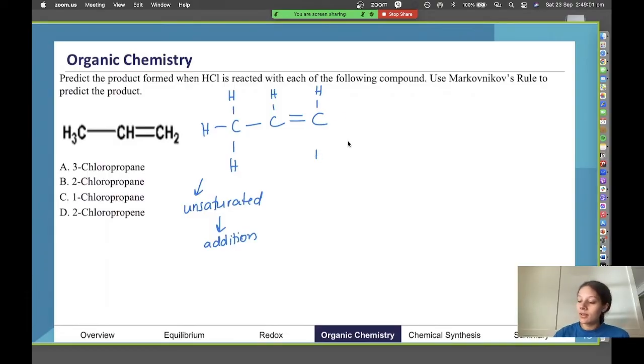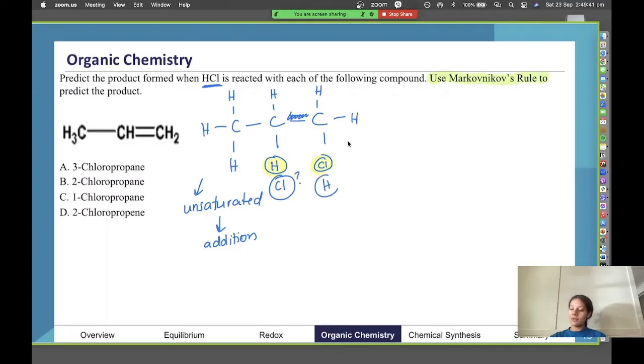So if I redraw that a bit nicer, you can see here, if we break this double bond and make it a single bond, then we can add 2 more things here. If we're adding HCl, that means we can add hydrogen and we can also add chlorine. Now that's what we would get as our product, except we haven't finished the question because we still need to use Markovnikov's rule. See how we added the hydrogen and the chlorine, these 2 things here? We can write them like that, or we can also put the chlorine here instead and the hydrogen here instead.